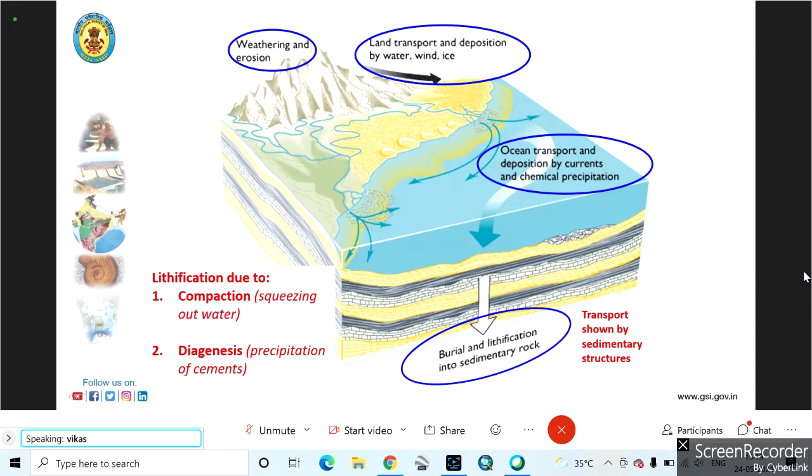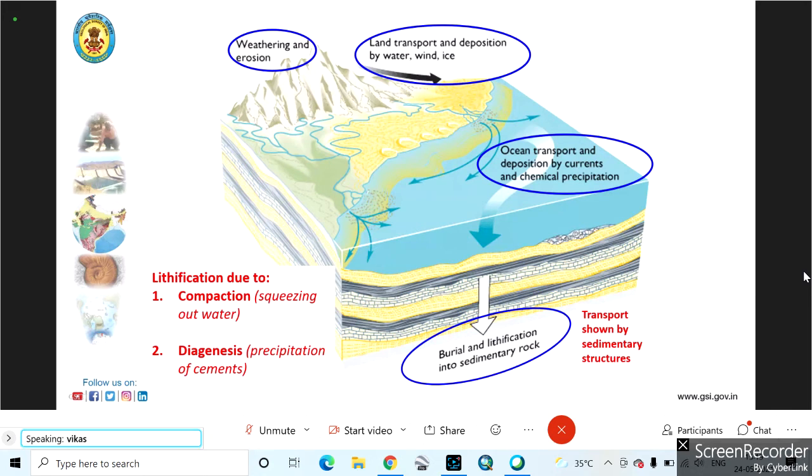Okay, now as we know, sedimentation starts with sediment being generated from positive relief areas. Positive relief means, say, mountains. Their weathering and erosion will be happening, and through various processes, it will reach a negative relief, that is some basin. We all know these basins are there, and through various processes of compaction and diagenesis, leading to lithification, we ultimately get the sedimentary package.